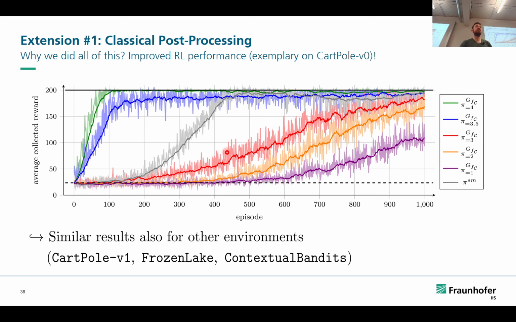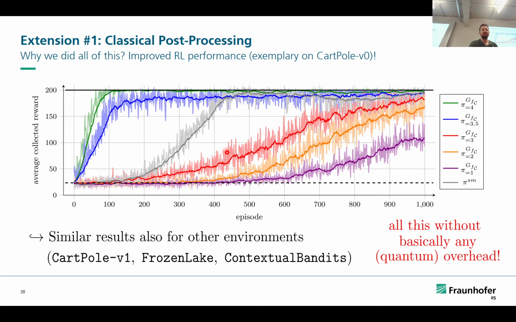We also did experiments on other environments, also more complex cardinal environments and frozen lake environments, and we always observe the same behavior. So if we use a more global post-processing function, then we can drastically improve the performance of our reinforcement learning agent. And one thing that is very important here is that this doesn't increase the complexity of our learning